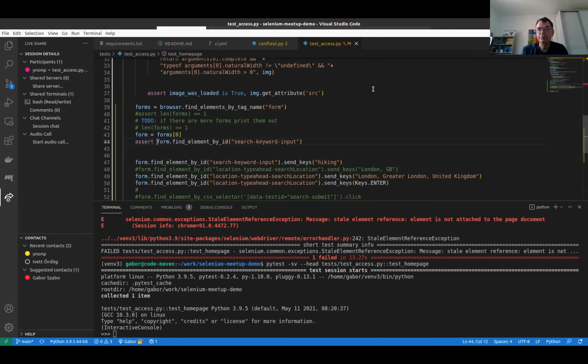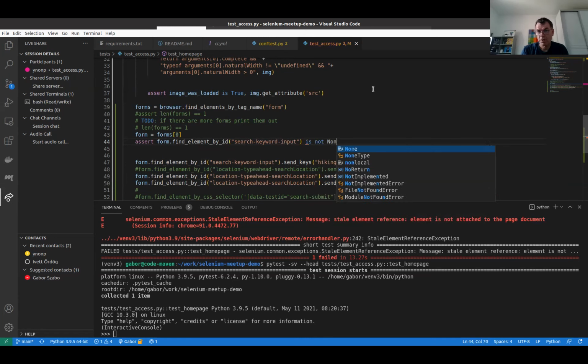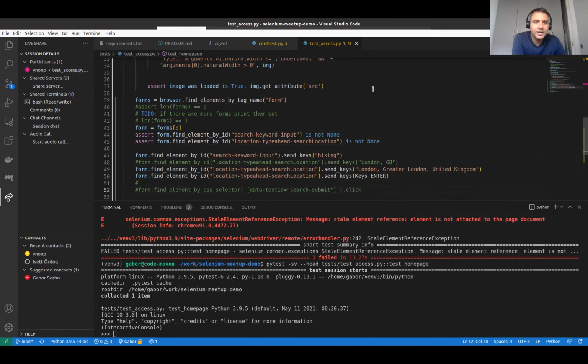Assert is not none. Yeah, it won't raise an exception if I... And basically that, and the search button.